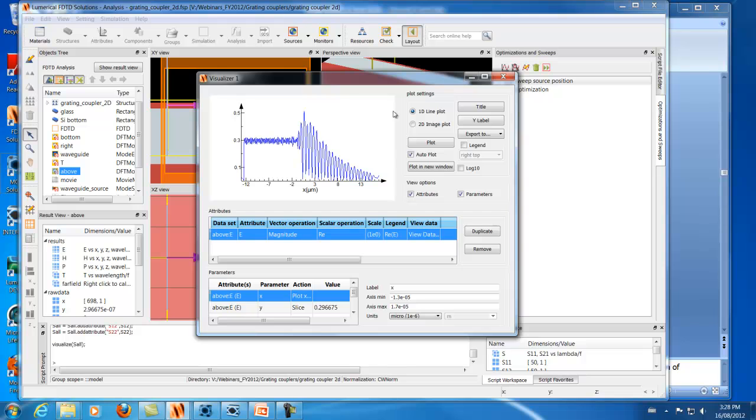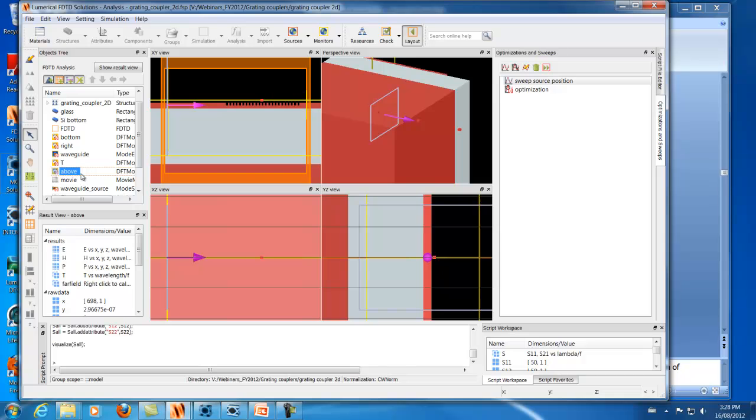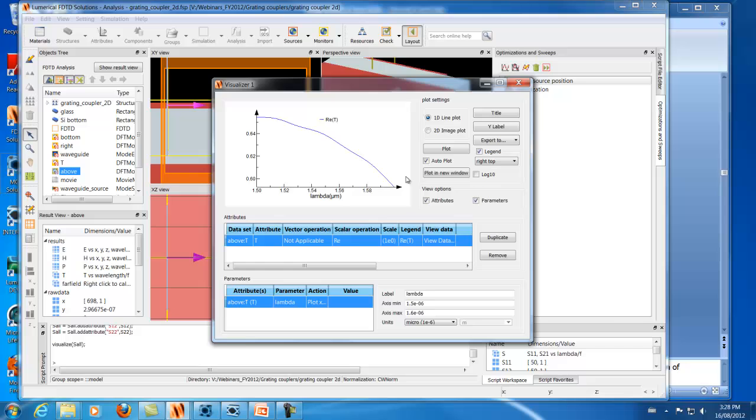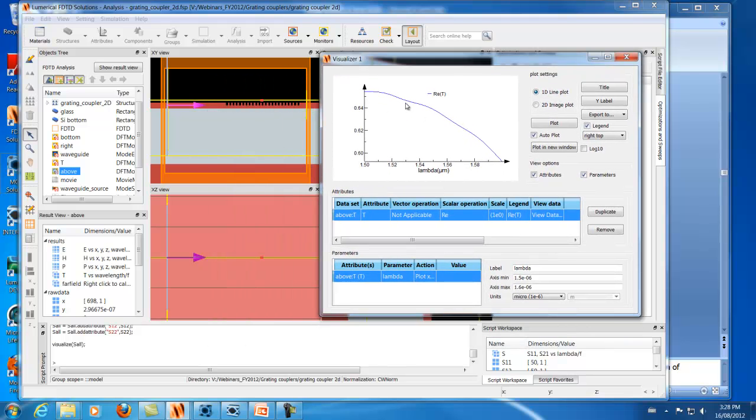It's much more interesting to look actually at the far field projection and look at the angular distribution of the emission, as well as the total power that's transmitted out of the grating. So maybe initially we'll take a look at the total power as a function of wavelength, and here's where we see something that is outcoupling about 60 to 65% of the light from 1.5 to 1.6 microns, which is a bandwidth that we're working with here. And you see that it's actually relatively flat across that range,